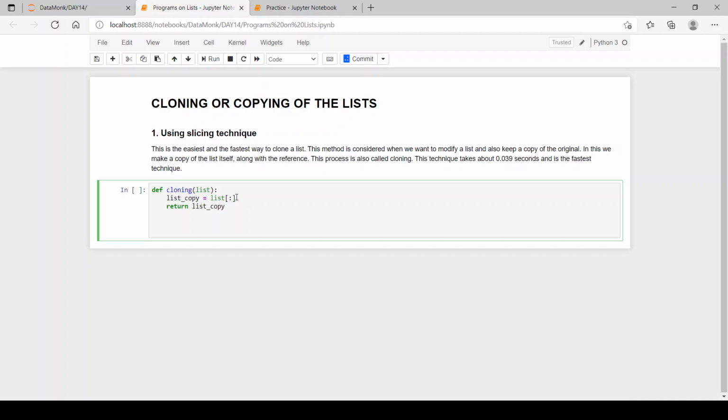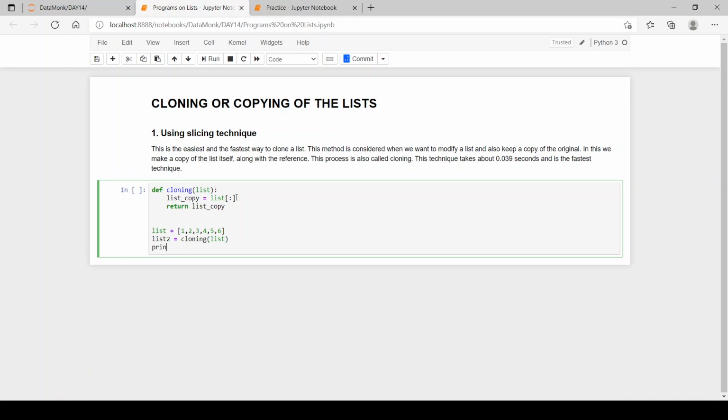Now let's define a list, which we have to give to our function. So let's do 1 2 3 4 5 6. Then let's call list2 equal to cloning(list). Now we will print the original list.